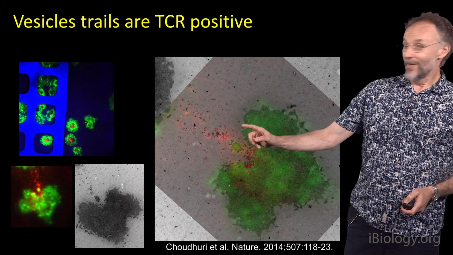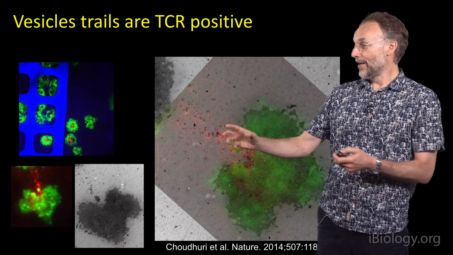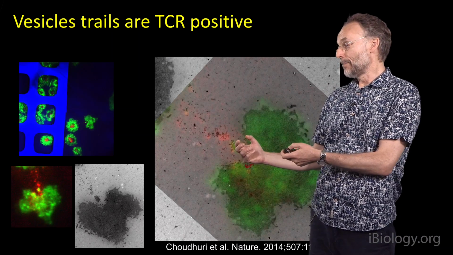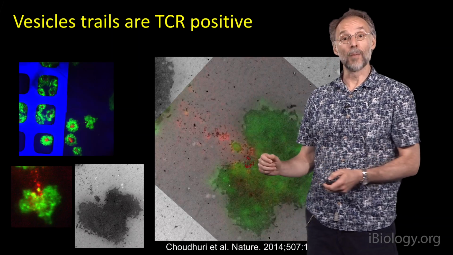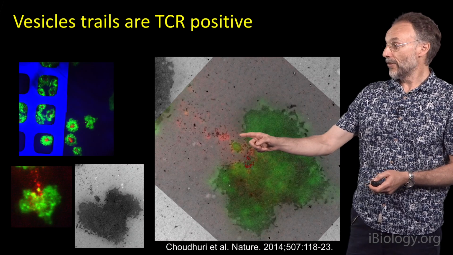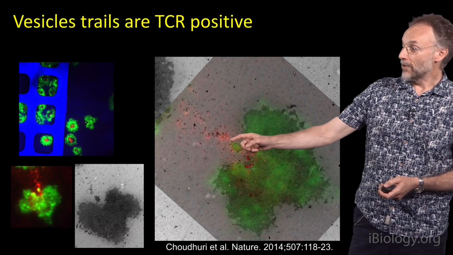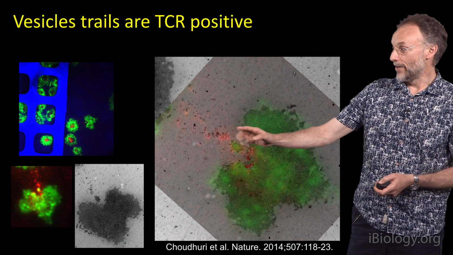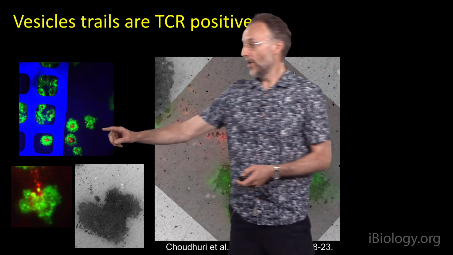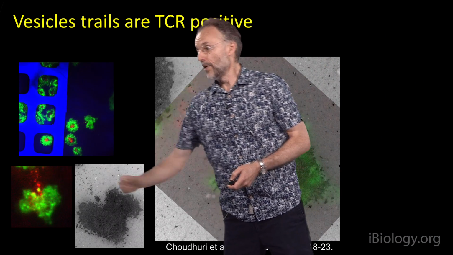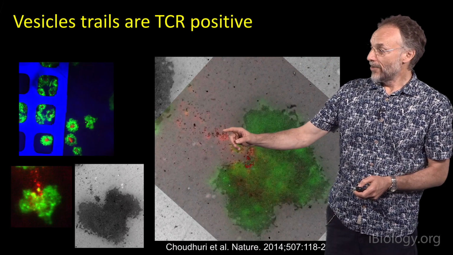So as I showed you in those very early movies of the immunological synapse on the planar bilayer system, T cells, when they break symmetry and leave a particular site, will leave behind trails of T cell receptor interacting with MHC peptide complexes. And we can also see this in the electron micrographs as the release of trails of vesicles that the correlative light and electron microscopy shows are red or T cell receptor rich. And basically have an example here and kind of a blow up here. So this is a very common phenomenon in our preparations